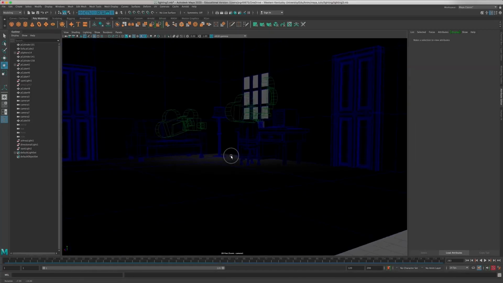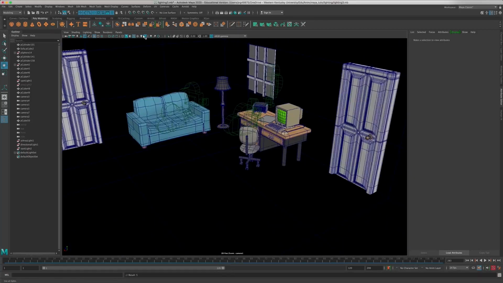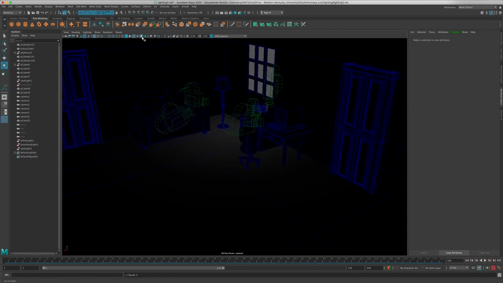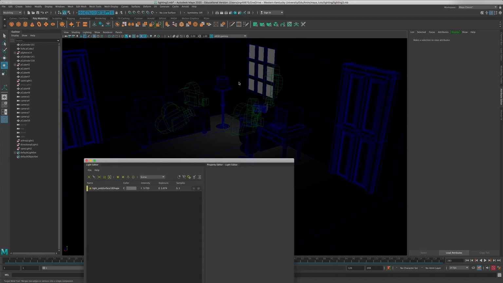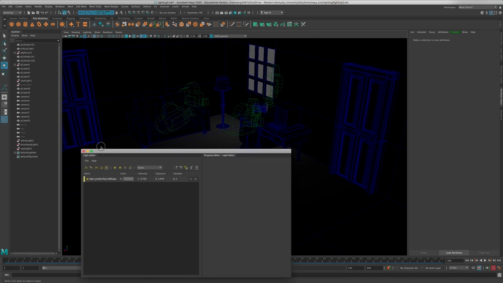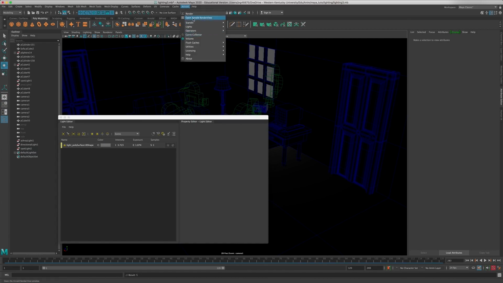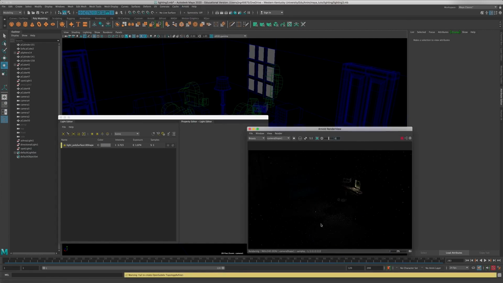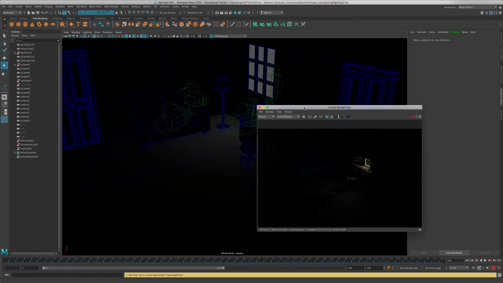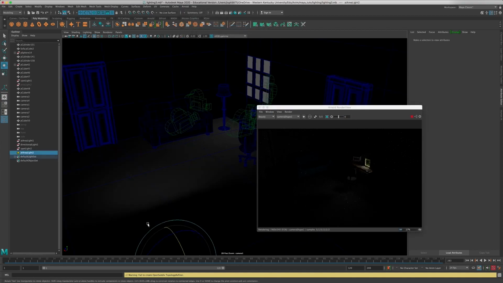In this lesson, we're going to learn how to create an interior light, as well as how to create light beam. If you open Light Editor, you can find all lights that you currently have in your scene. Currently, we have only one light that has been placed inside of the computer monitor. And then I'm going to go to Arnold and choose the area light